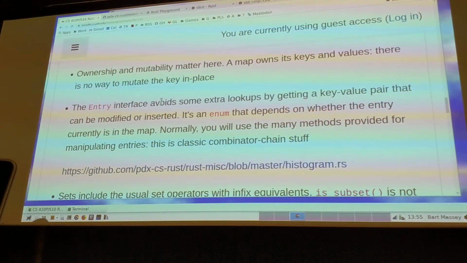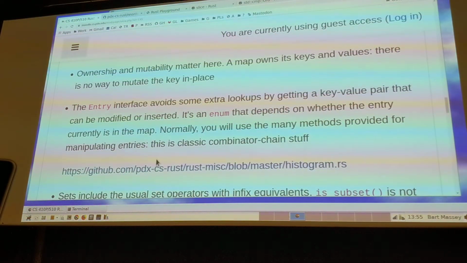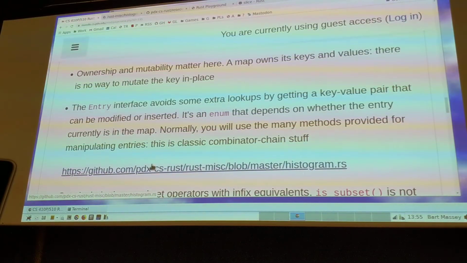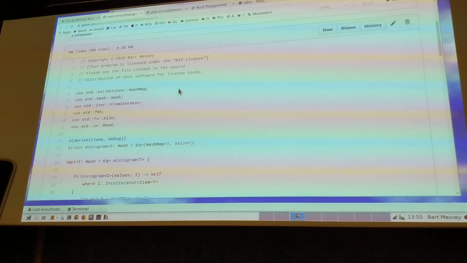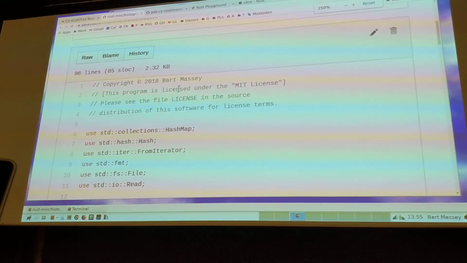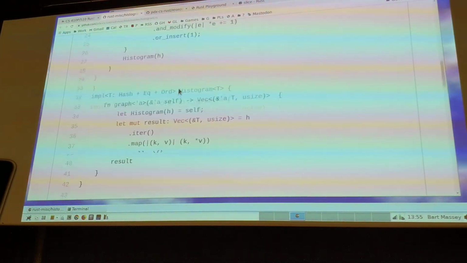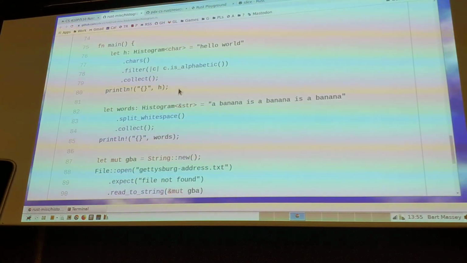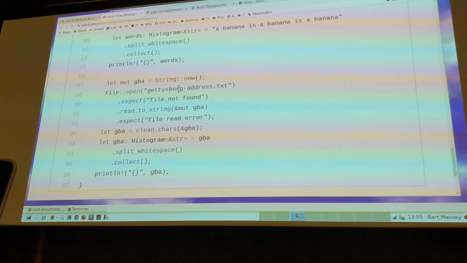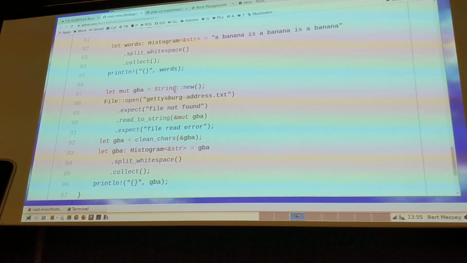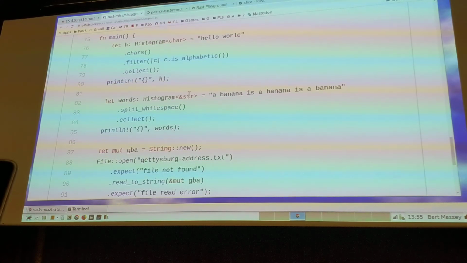Let me show you a little example of that actually running in practice. I'm going to increase this font size. I can't read it at the size it is. So this is a thing that makes histograms of things. I don't even remember what it makes histograms of anymore. Oh, I see. It just makes histograms of some dumb toy things. It can make a histogram of words in the Gettysburg Address, it looks like. So it's making char histograms, or it's making word